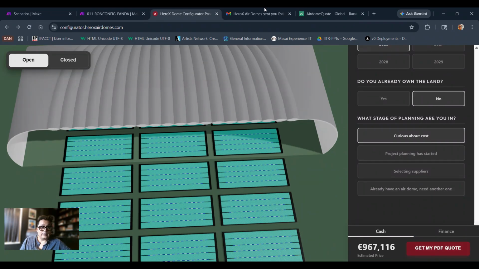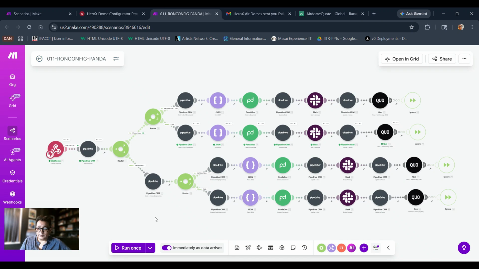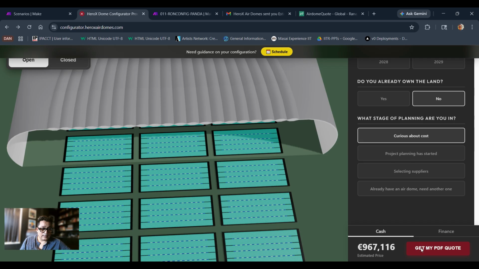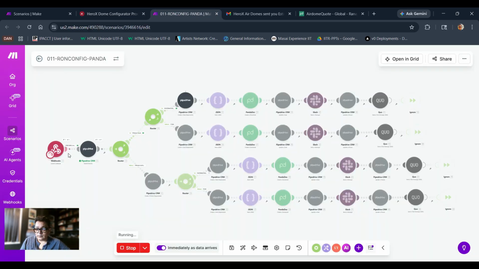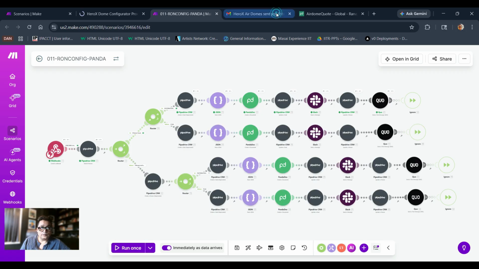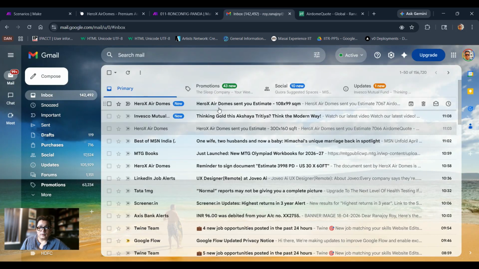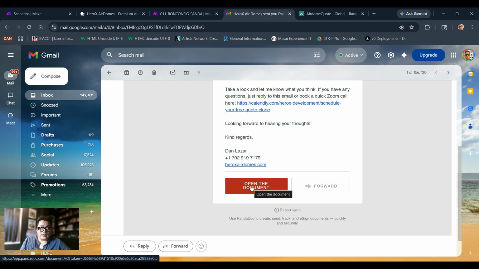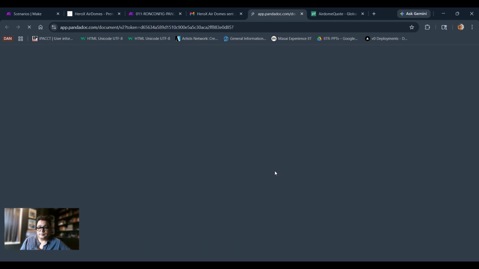Okay, I will start this once again, run once, and get my PDF. Let's see. The PandaDoc is running, so it will be sending a quotation to me at any moment now. I received 108 by 99 square meters, and if we open this document,